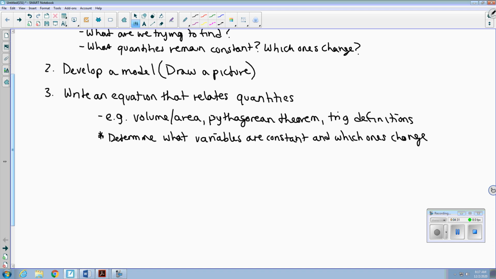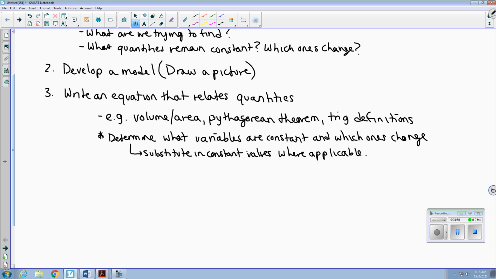So at this point, once we've determined that, we're going to substitute in a constant value where it's applicable. And the reason we'd want to do this at this point, before the differentiation process, is because